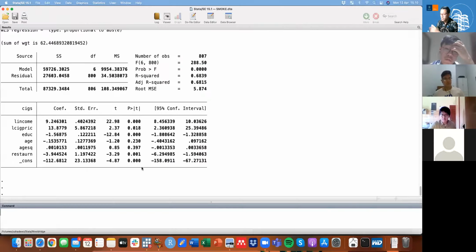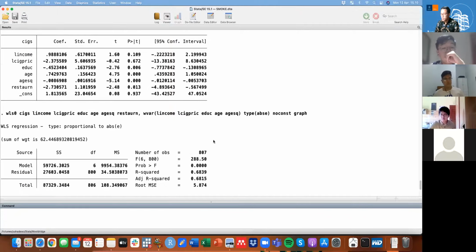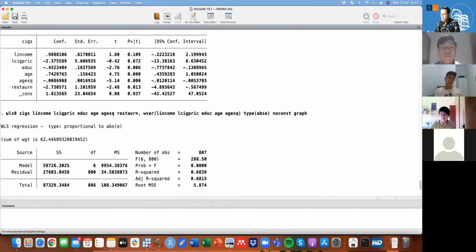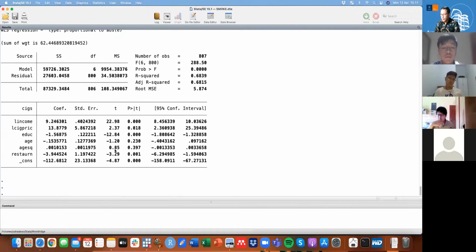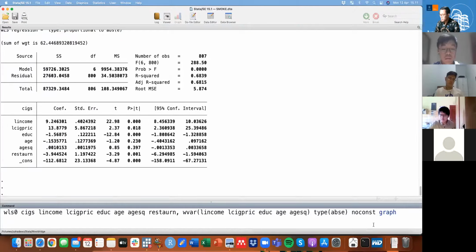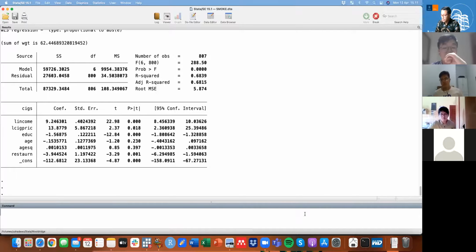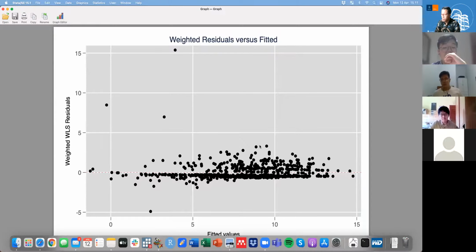Okay, but before I go there, I'm just going to do another example. I'll just take one more example. And then instead of using the absolute error, I'm going to use the log of e square. Okay, so basically this is the one that you actually used in the previous example. So we're going to run the regression, and then, wow, okay,